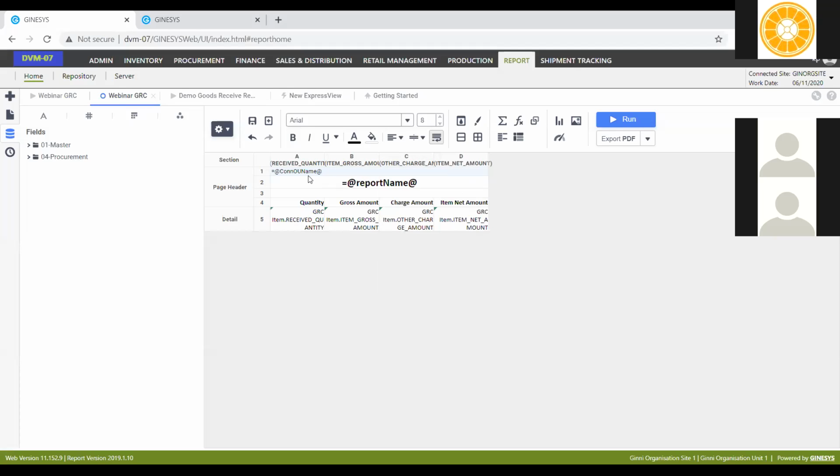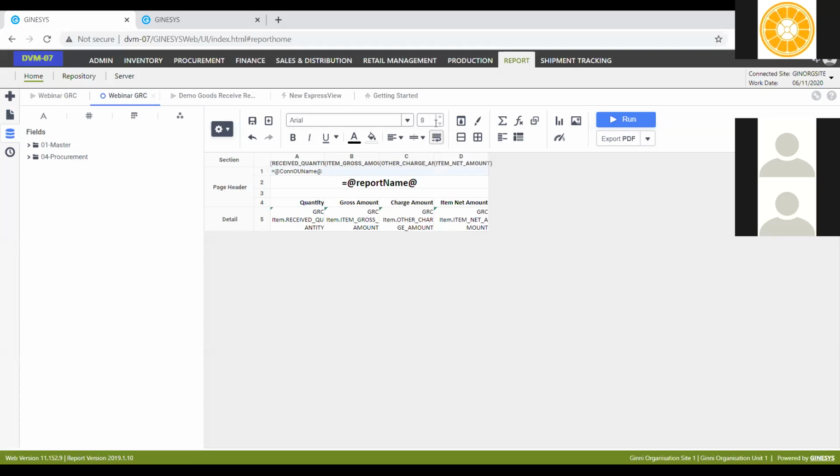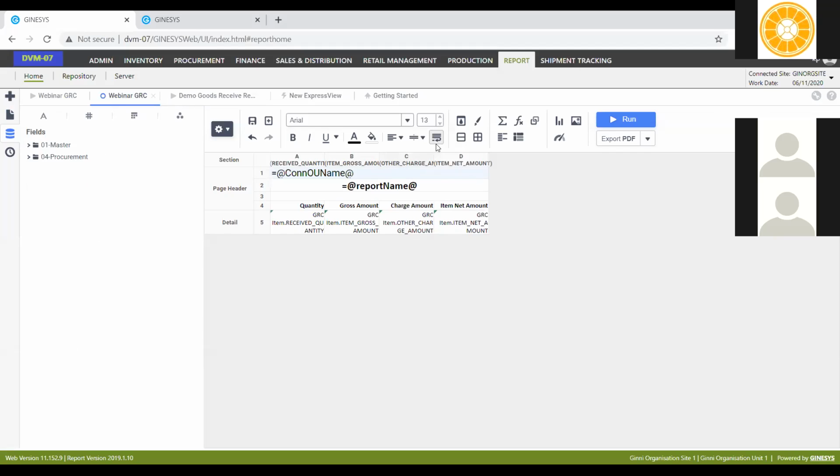But I want it to be the biggest size in this. If you see this particular example, the size is the biggest over here. So what I will do is I can change the font of it. I'll make this font, let's say, 13, make it bold. I take the bold option over here, make it center aligned, and maybe I can just reduce the report name to a different size, maybe 11,